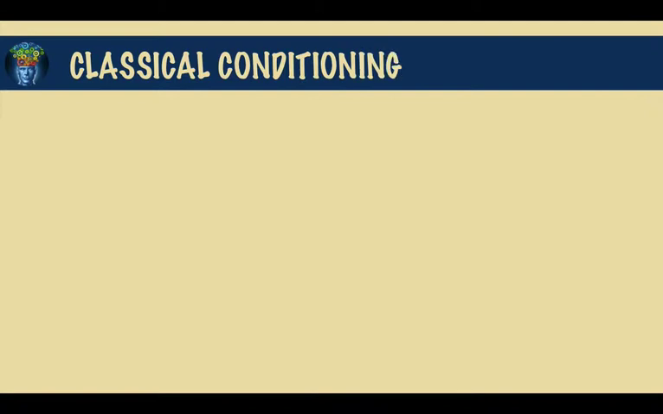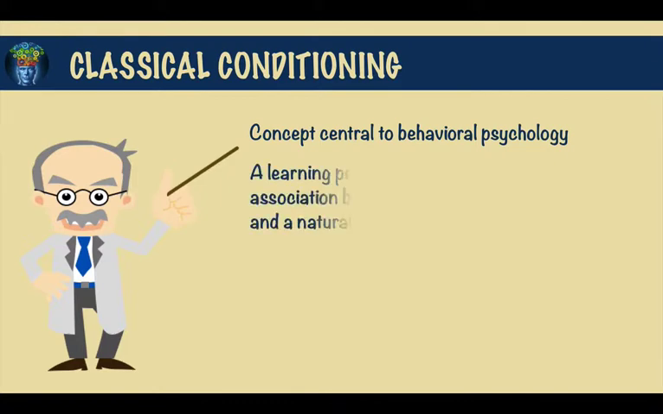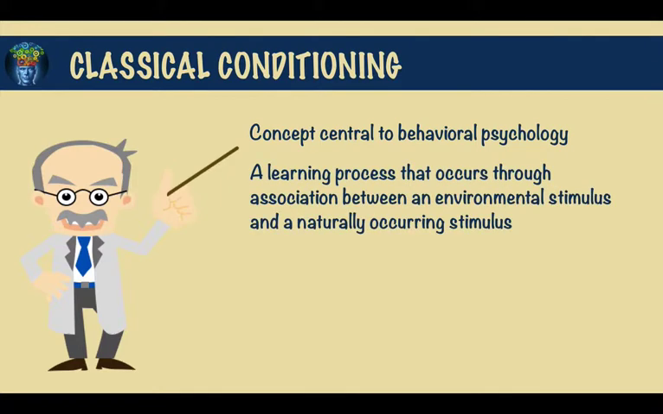Classical conditioning is an important concept central to behavioral psychology. It can be defined as a learning process that occurs through association between an environmental stimulus and a naturally occurring stimulus. In other words, classical conditioning is a type of learning through which an organism learns to associate one stimulus